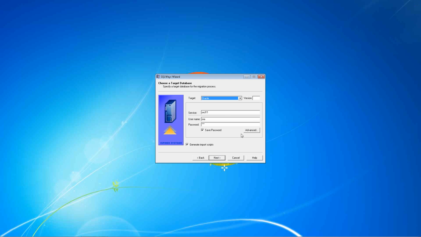Let's click Next. Okay, so when you pass through the Choose a Source database page to the Choose a Target database page, at this point you are already connected to the Progress database, and our tool is ready to work with it. Now on the Choose a Target database page, you need to specify the target database as Oracle